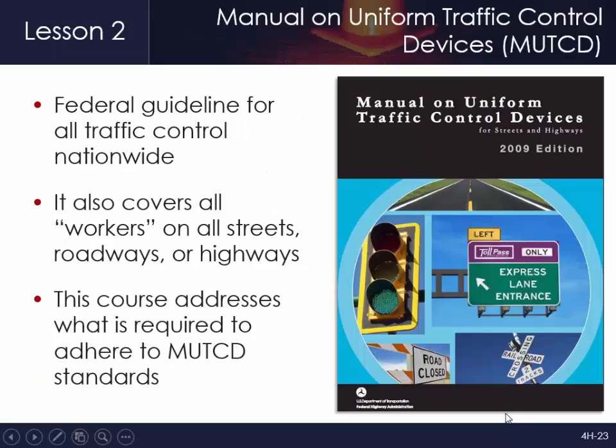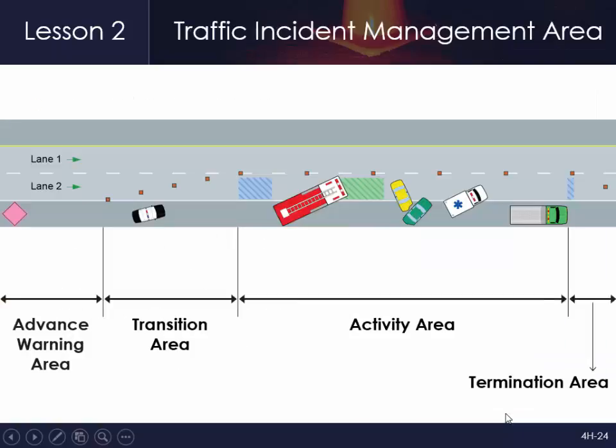The Manual on Uniform Traffic Control Devices, commonly referred to as the MUTCD, is a national standard that was first published in 1935 and promotes uniformity of traffic control devices like signs, signals, and markings, which improve safety and driver expectancy. As we see in this diagram, this is what our normal freeway incident should look like